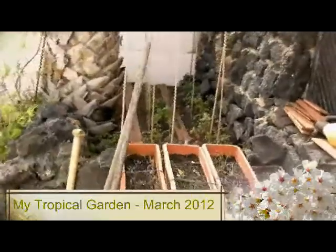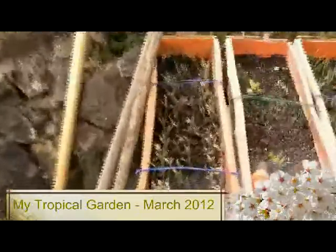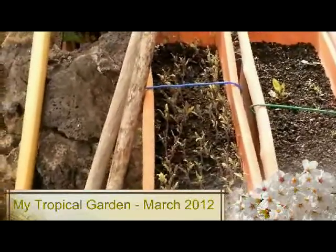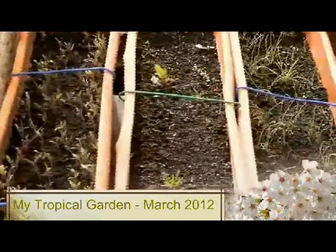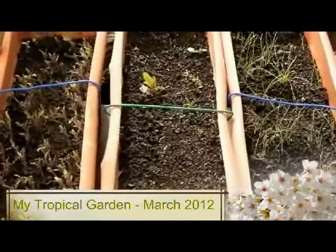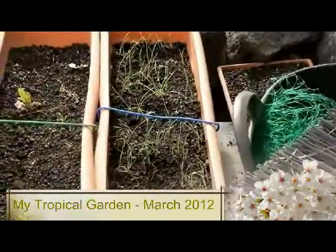And here we have my seedlings. We have some full-size tomato seedlings, a tray of failed seedlings next to it, and some struggling spring onion seedlings. Behind this, when I can get the focus in,